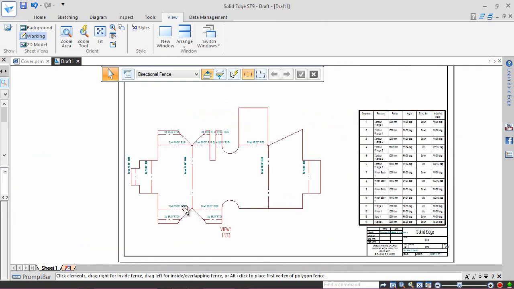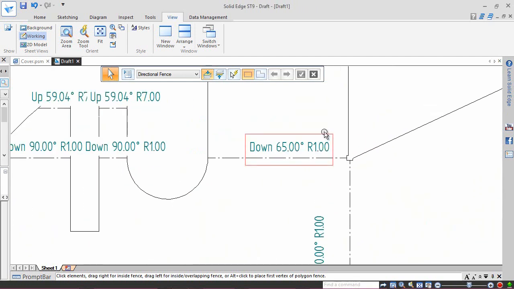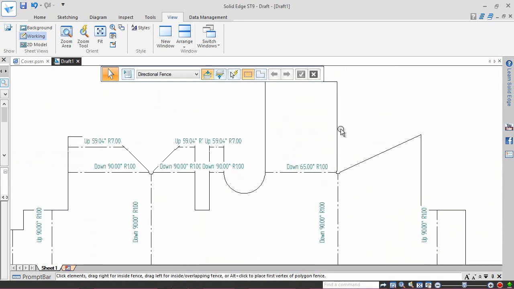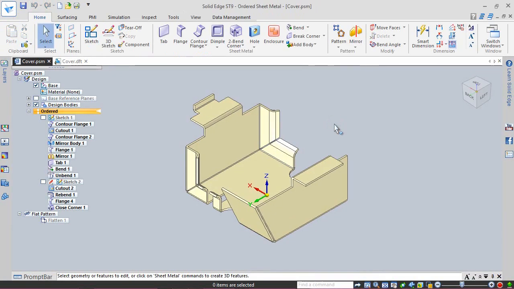Now focus on the dimension value. If we make changes in the cover part, that will be updated here also automatically. Double click the drawing view, our cover part will open. Select the flange 4 and click on Dynamic Input.